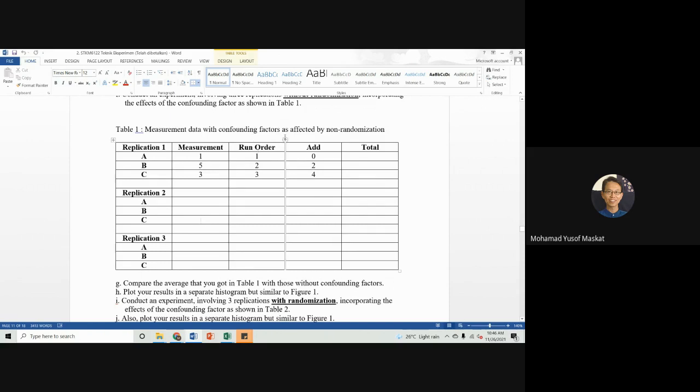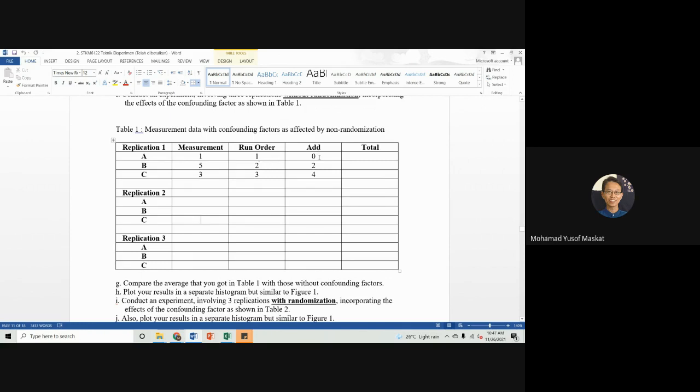Okay, this is just make believe. It doesn't happen in real life. But what I created over here is a confounding factor that will affect the results, according to the run order. Meaning that if the run order is 1, there is